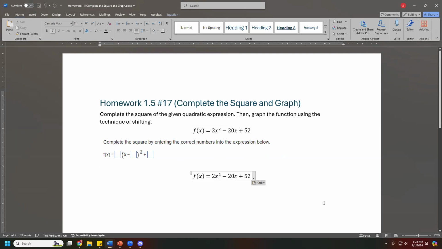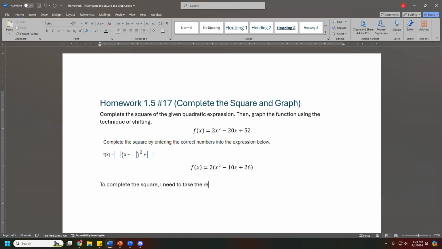In this case, I've got some nice numbers that work well with 2. So if I factor out a 2 from everything, it looks like this. And I know that this is the right factorization because if I distribute the 2 back into the parentheses, I'm going to get back what I started with. So that's proof that I did this correctly. The next thing I want to do is complete the square on this part left over in the parentheses. So to complete the square, I need to take the coefficient of x,